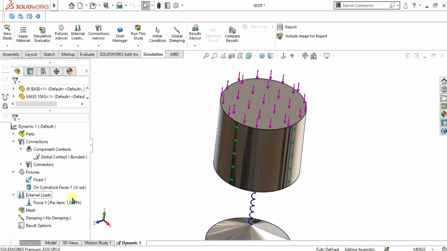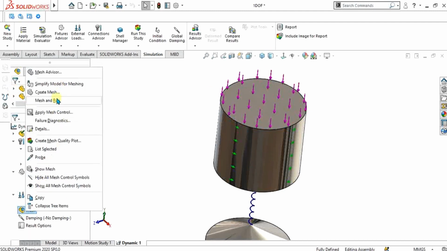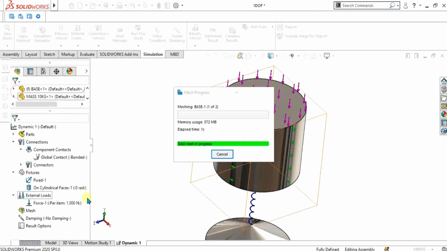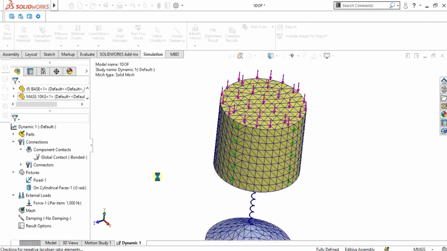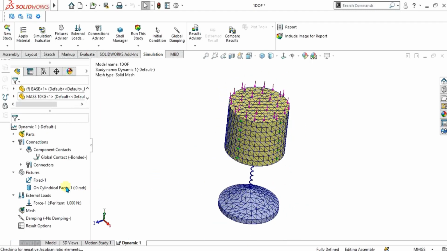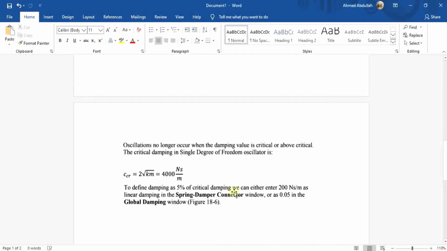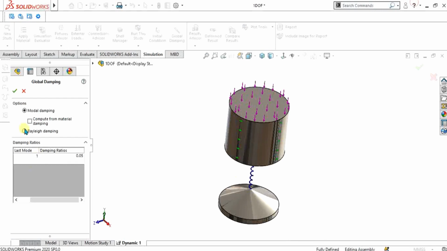Select OK from here. Now we will go to create mesh. We are simply using the default mesh here. Now we will give the value of damping. We are just using one frequency, and in result we will get one mode shape, and the damping ratio is 0.05 because we are going to use 5% of critical damping.